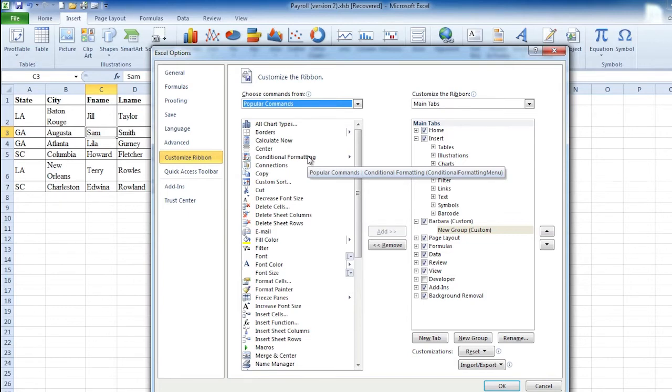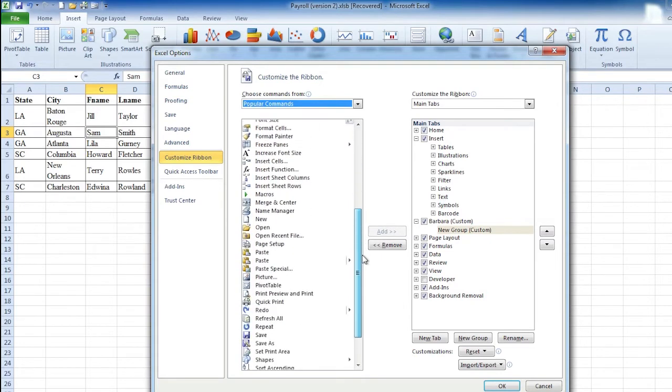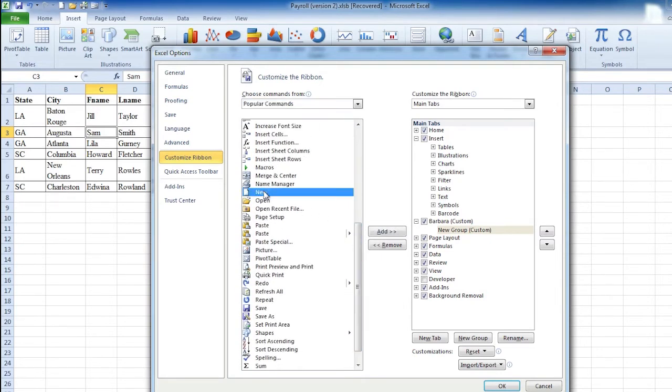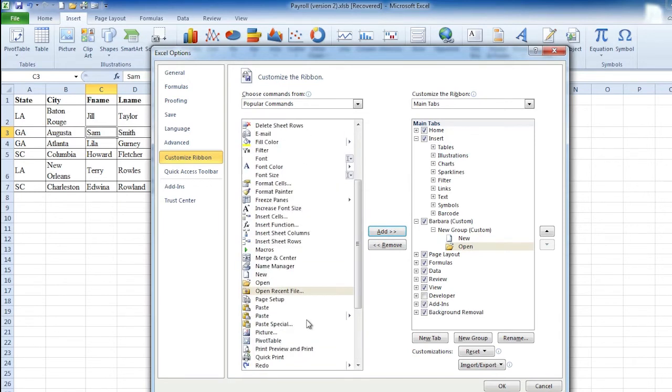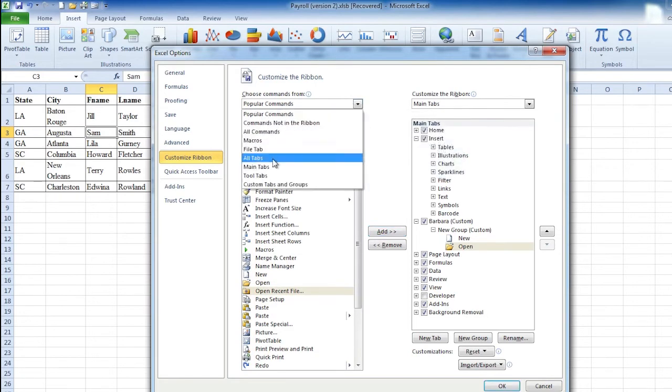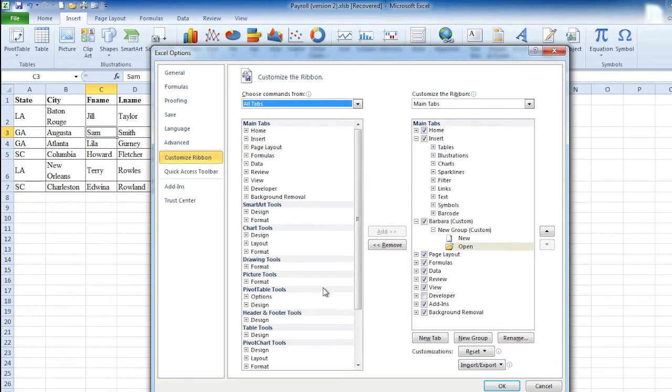So for example, one of the things I often like to use is the new. So I'm going to come down and find new, and I'll add it to my group. And open, I'll add it. I'm going to grab something from a different tab altogether. Maybe I want to grab under my view options. So let's go and find all tabs, and let's go find my